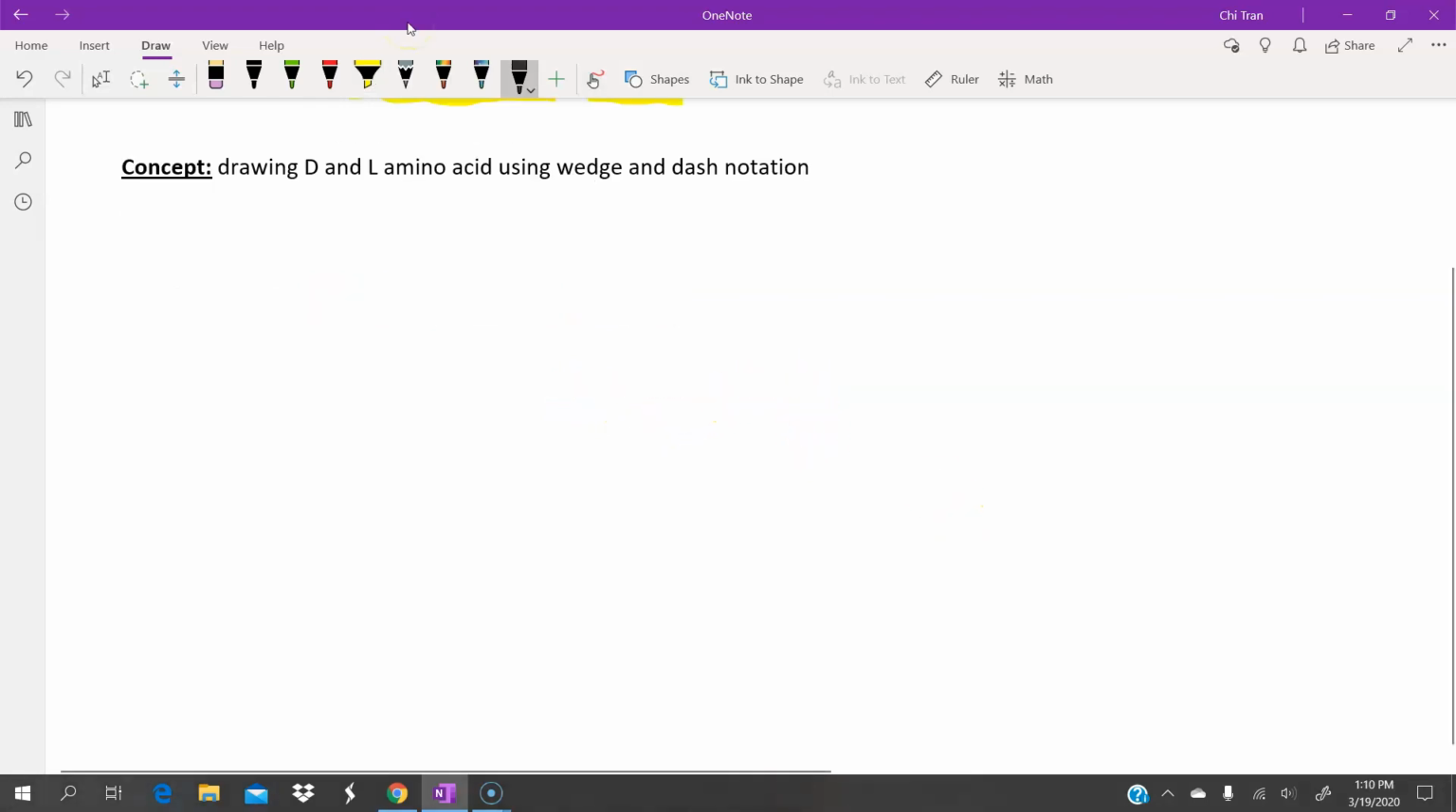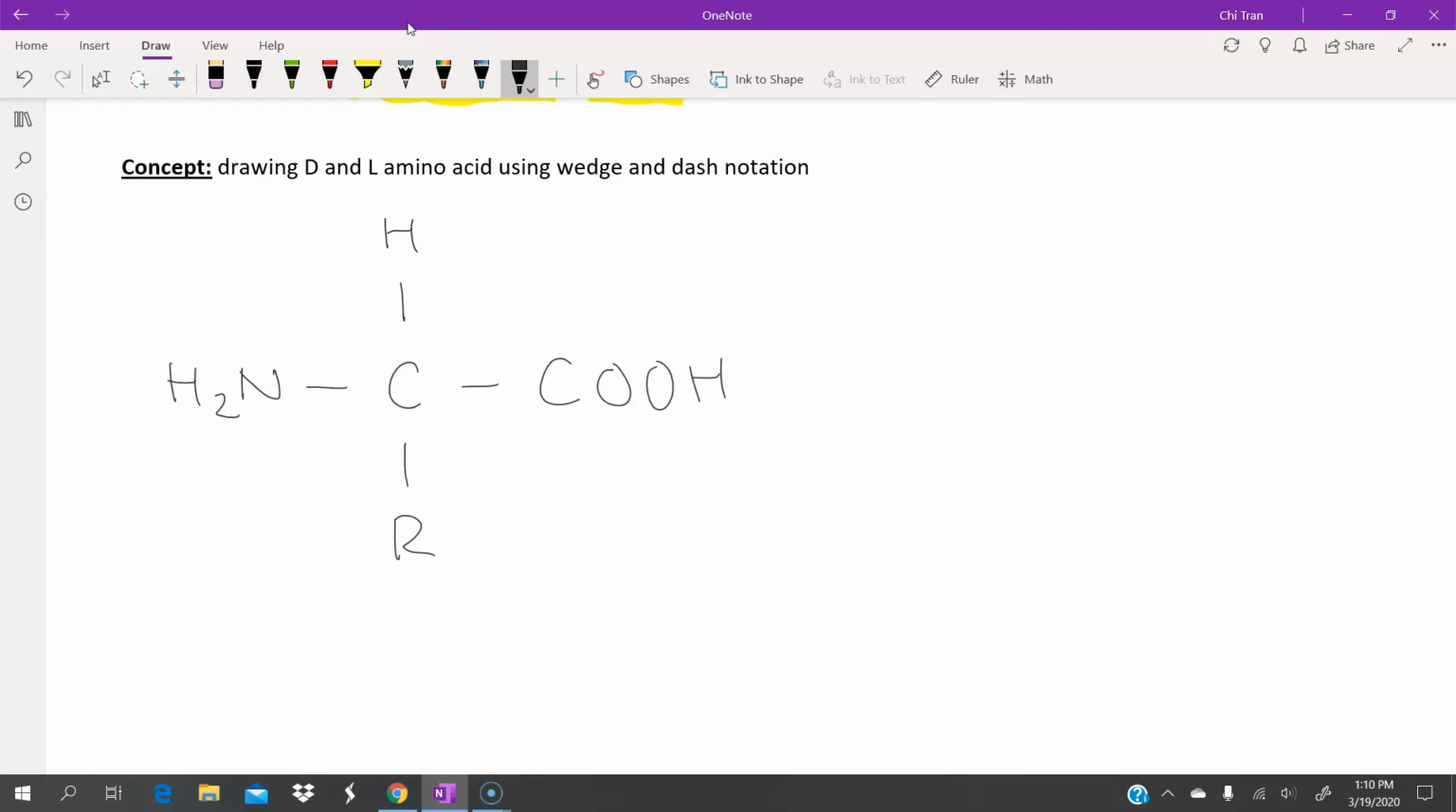How we normally see an amino acid is set up in this way, where we have a carbon in the middle, a carboxyl to the right, an amine group to the left, a hydrogen on top, and an R group at the bottom. And how we would convert that into a wedge and dash notation is that we